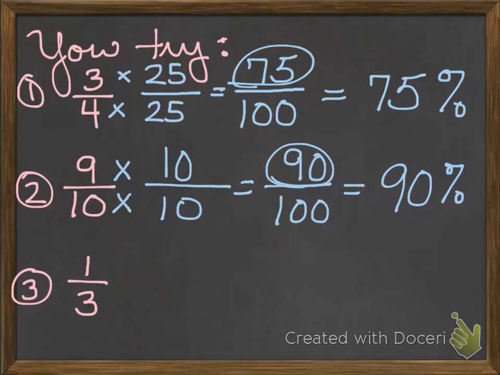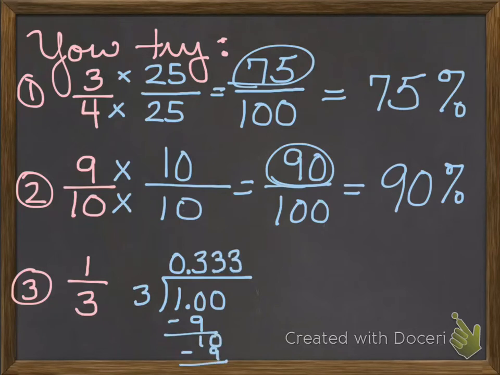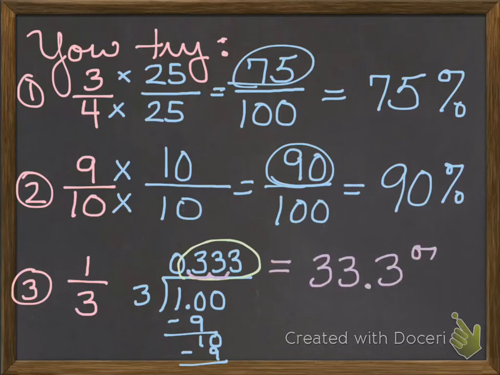1/3 was the one that didn't work. So let's take a look at what we had to do for that. I've got to take my 1 and divide by 3. This is another one that keeps going, but once I get to 3 places, I can go ahead and stop. My answer will be close enough. I move my decimal and I rewrite as a